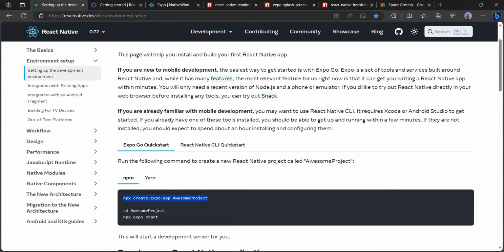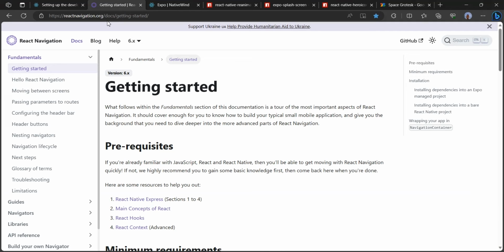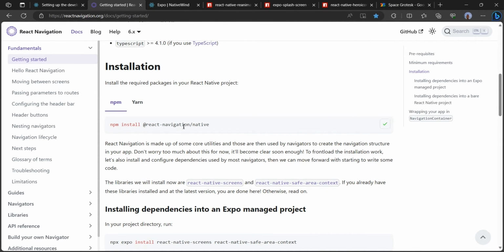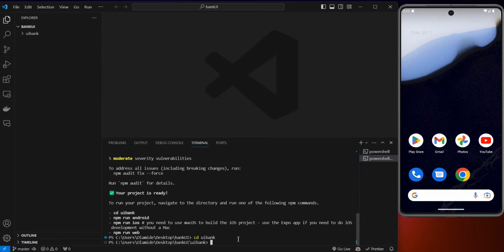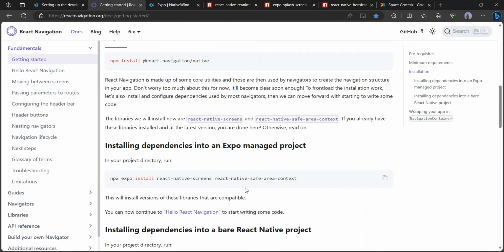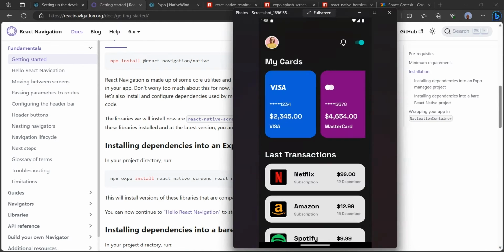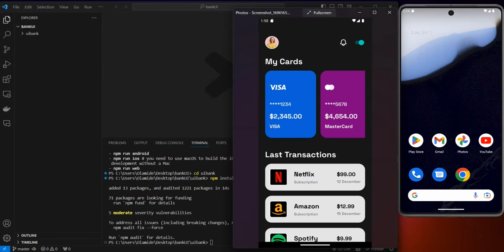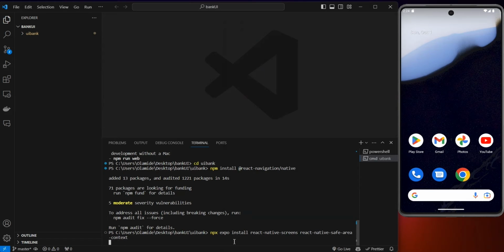So we head back to our browser, and we head over to reactnavigation.org. We're going to come down, and we're going to install React Navigation Native. We're going to bring that, install that, and also when we head back, also want to install the React Native Safe Area Context so that whatever design we have here, it doesn't go under this status bar and it is not blocked at all. They don't interfere with each other. So we're going to copy that, head back into our code. We're going to paste this, install it. I normally like to install all my dependencies as soon as possible,